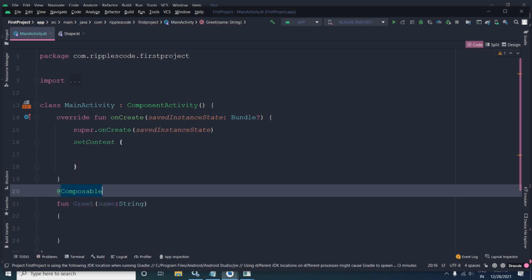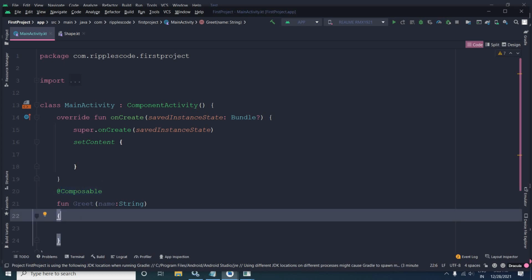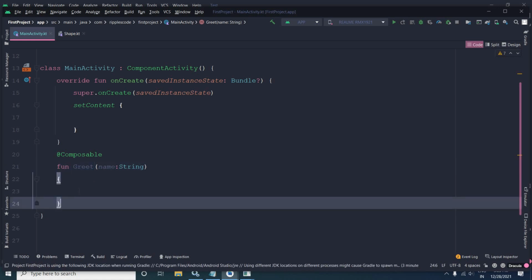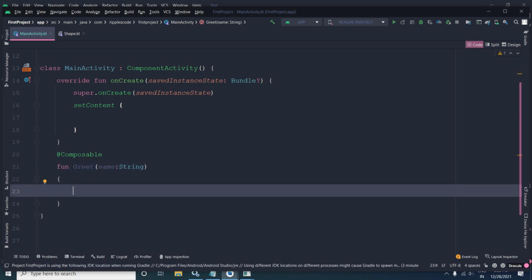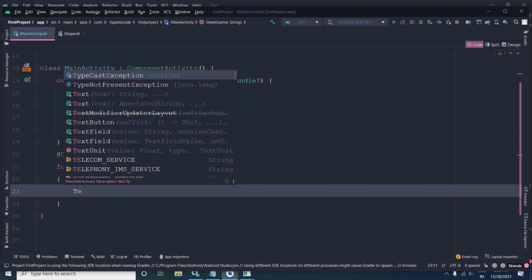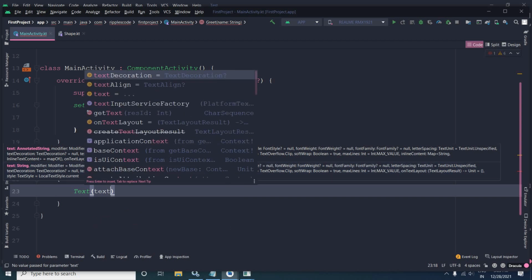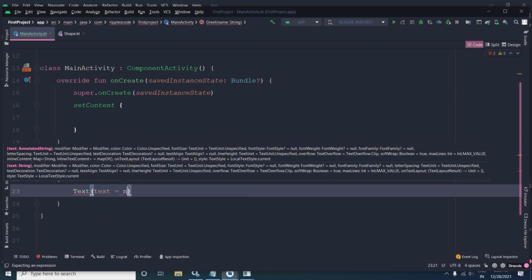Okay, now remember one thing, that whenever we are creating a composable function, the name should start with a capital letter. Okay, and inside this Greet I will use another composable, that is Text. Okay, and inside this Text I will pass text equals name.